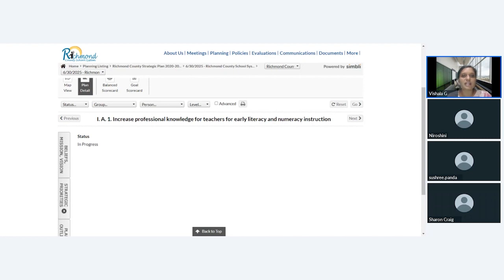Establish model classrooms and classroom observation protocols. Provide professional learning and resources for target K3 teachers. Increase the pay for certified pre-K teachers to equal other teachers. So this is just for first strategic goal, first objective. This is the first initiative under that. Then you have the second initiative, provide equitable resources. So in this way, if you have created a plan, you need not be there at all. Whoever you have delegated to, they will start taking it from there. So in this way, you can create your plans extensively, and even for